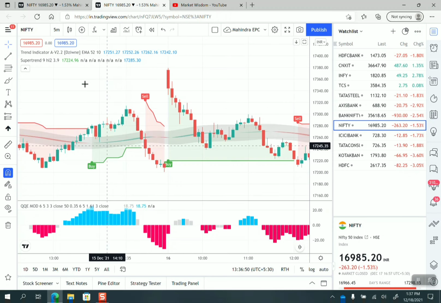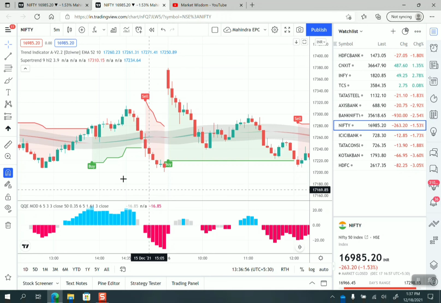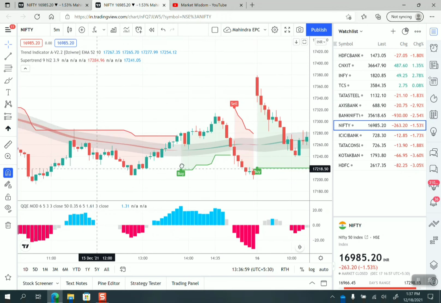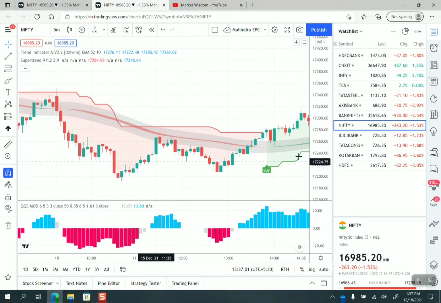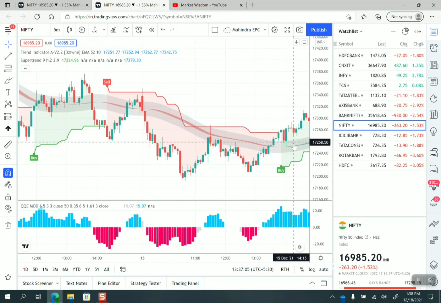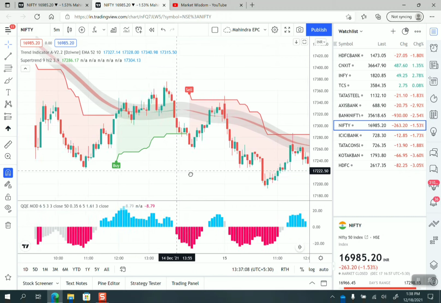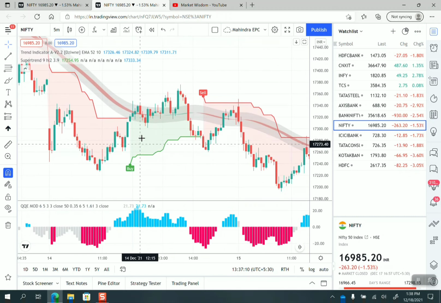So that is how in a 5-minute candle we can get scalping opportunities, and you can get a good trade in an intraday. Let's check it more in the back time. Right now we know the market is in a downtrend, but in a downtrend also we are getting these kinds of opportunities. Let's look here, we are getting one more opportunity, but in this case it has given a blue oscillator buy signal, two conditions are satisfied, but this trend indicator is still a red one. So we need not initiate the trade over here.